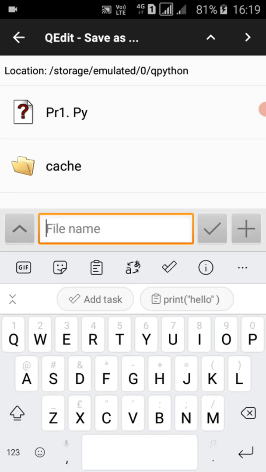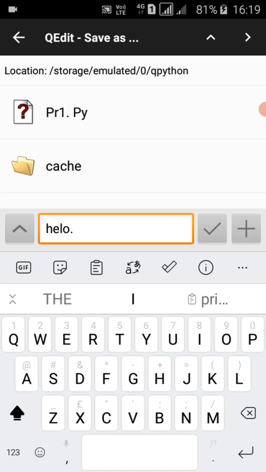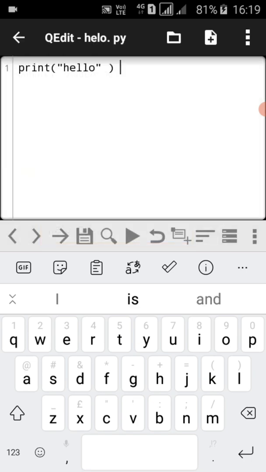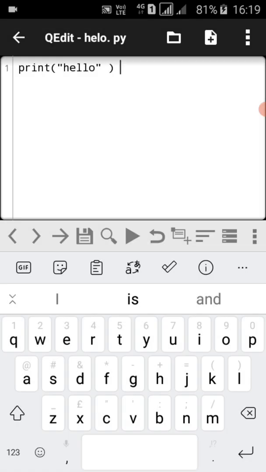Type hello.py. Now your file is saved. Now run this.